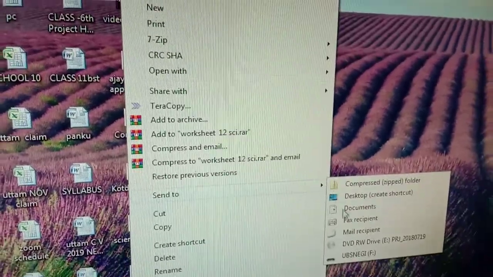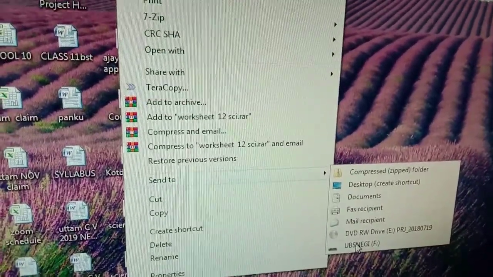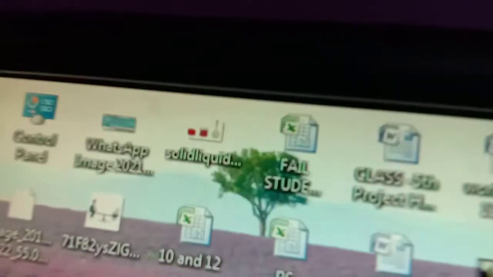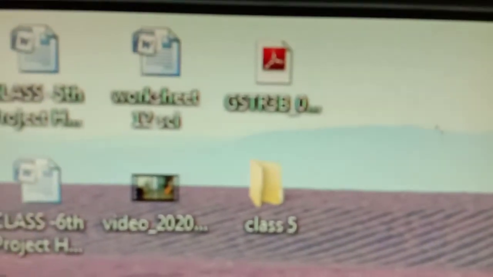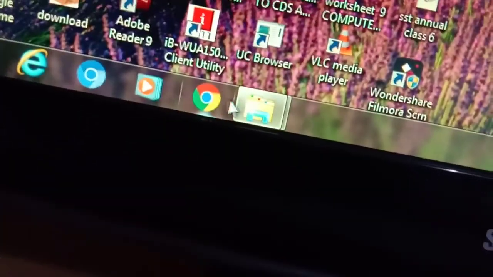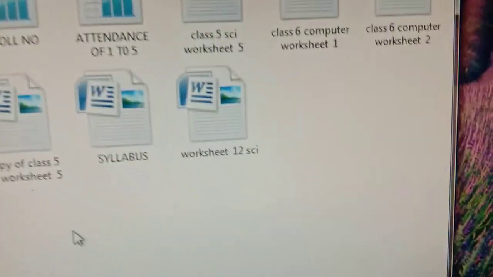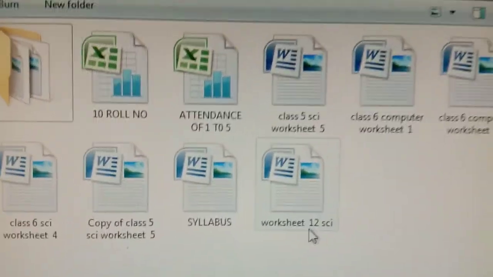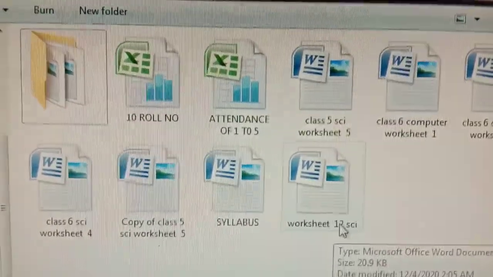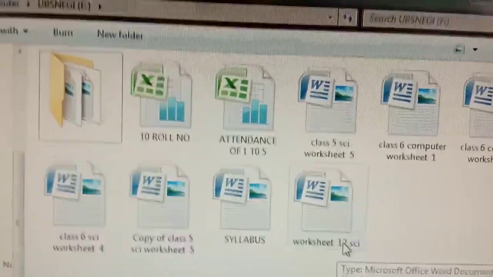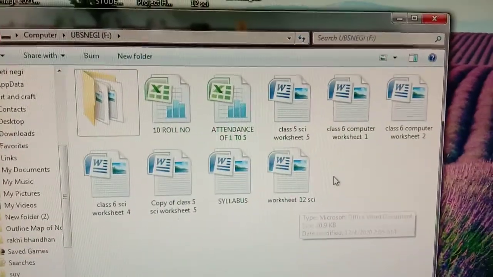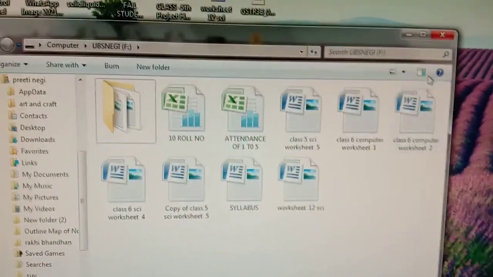Send to a pen drive. Let's see if it was sent or not. Its name is worksheet 12 signs. The pen drive folder is already open, so you can see worksheet 12 signs is already here because I sent it from there. So there are two options: how to send a file and how to copy.